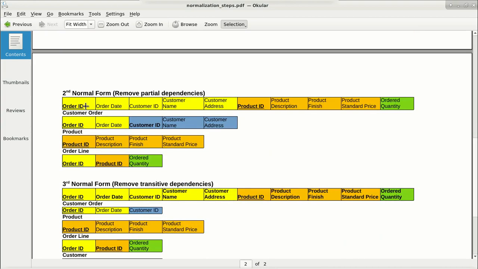So in second normal form, we have to remove the partial dependencies. I have shown the partial dependencies with different colors. So we have this partial dependency in which customer address, customer name, customer ID, and order date are dependent on order ID, which is part of the primary key. The second partial dependency is between these fields: product description, finish, and unit price. These non-key attributes are dependent on product ID. Product ID is also part of the